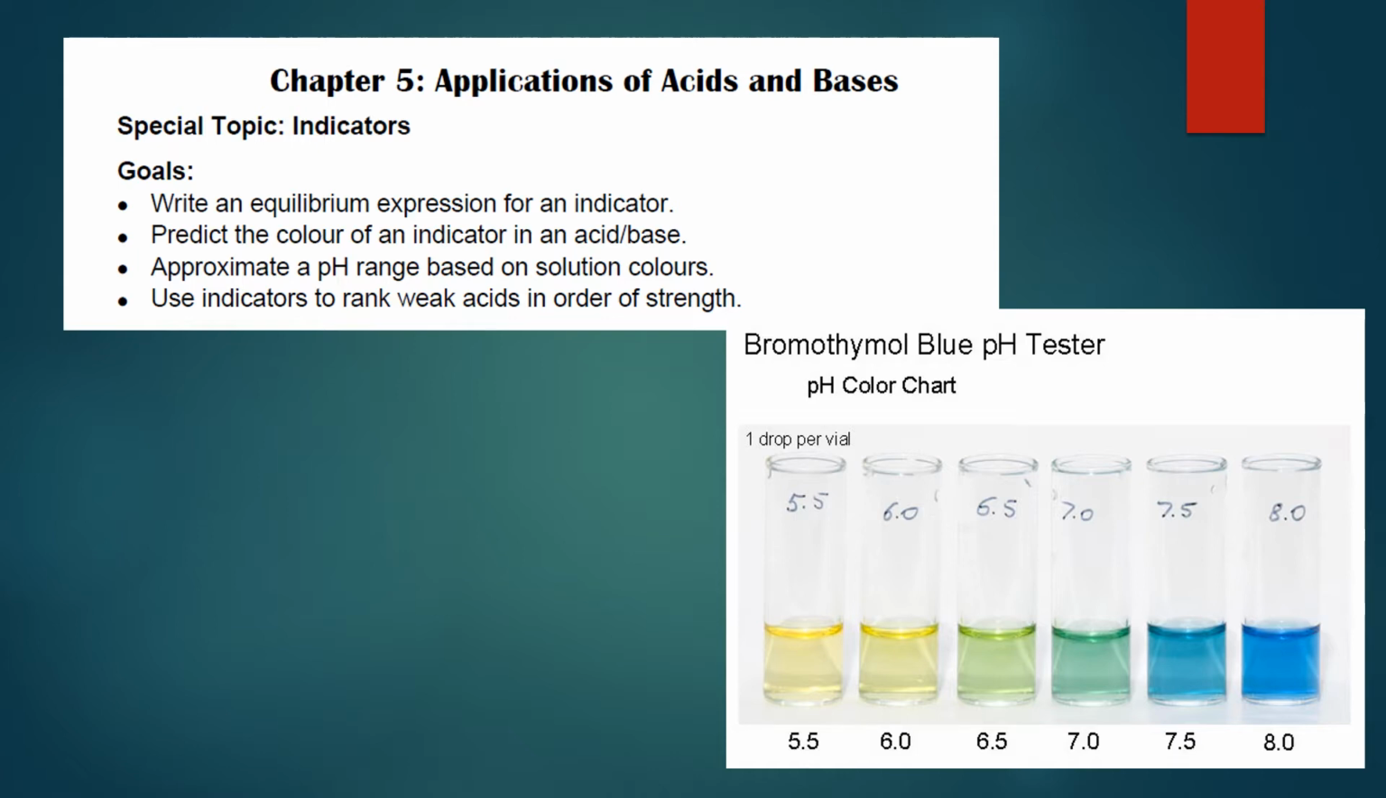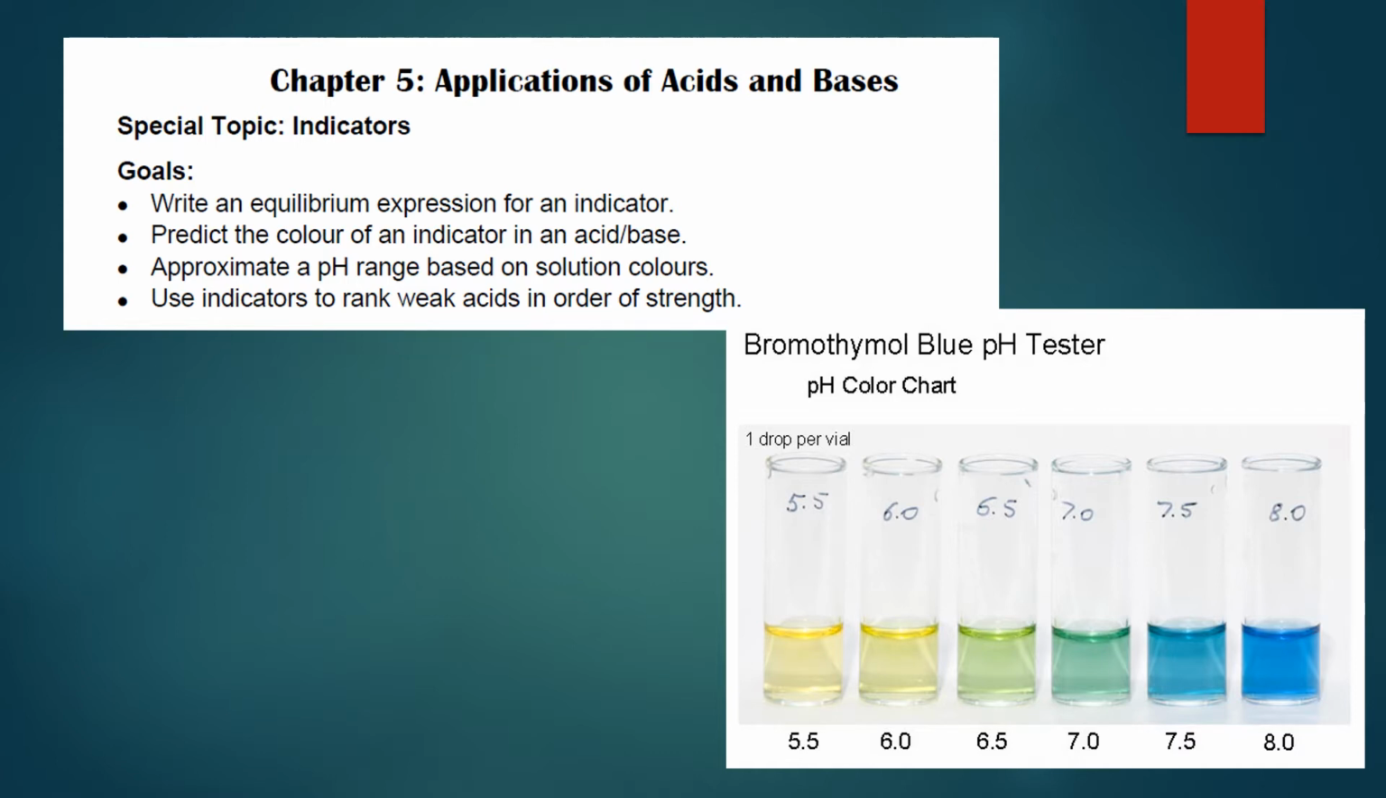So with indicators, what we're looking at is a weak acid. So indicators are all weak acids. And so we're going to be writing equilibrium expressions for that indicator and then using weak acid expressions to predict colors of the indicator when it's placed in an acid or a base. We're also going to look at approximate a pH range based on solution colors and using indicators to rank acids